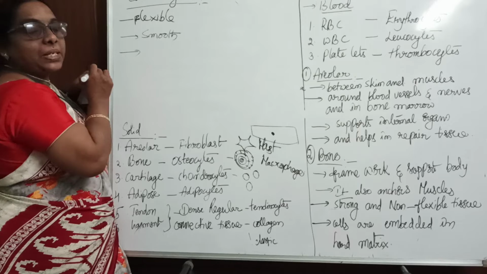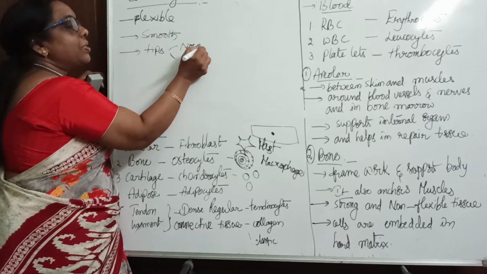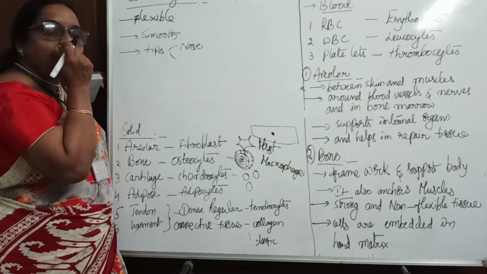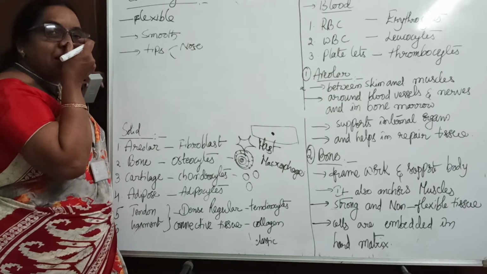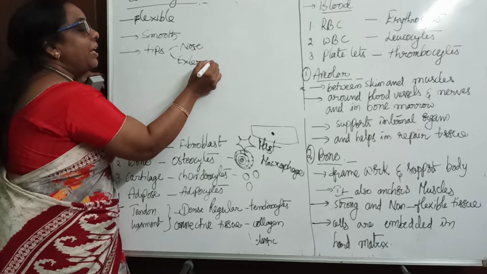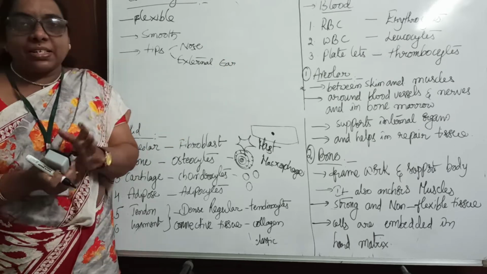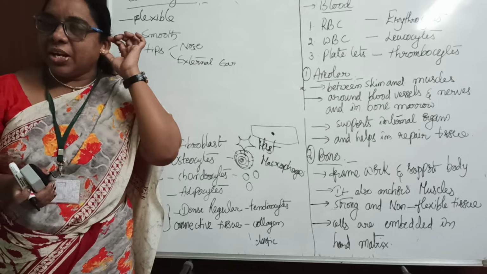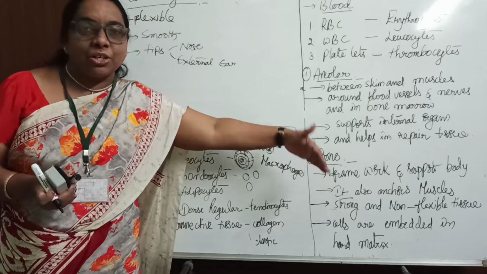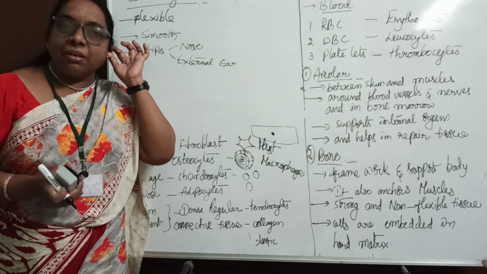Where is this cartilage present? It is present in the tip of the nose. If you feel the tip of your nose, it is a little bit smooth. It is not a bone, it is cartilage. In the same way, this tissue is also present in the external ear, also called the ear pinna. You can easily fold your external ear. As I said, bone we cannot fold, as it's a non-flexible tissue, whereas cartilage is a flexible tissue and we can easily fold it.